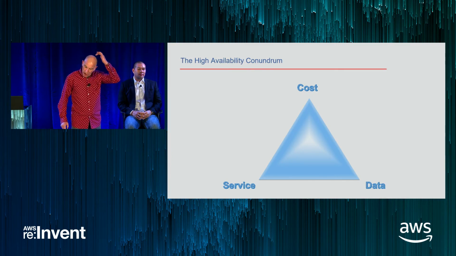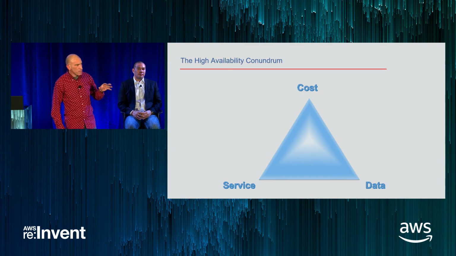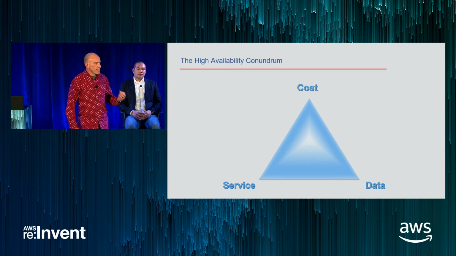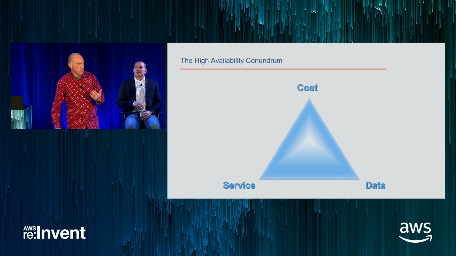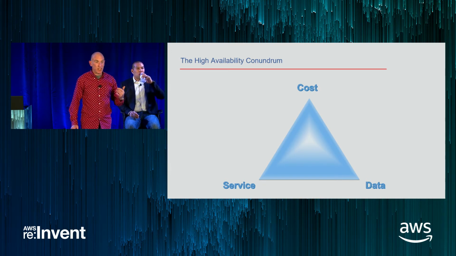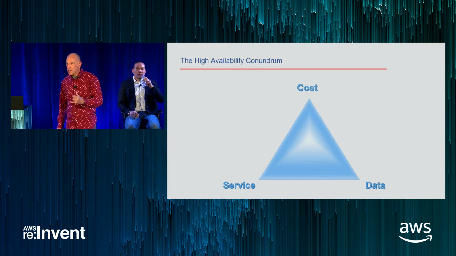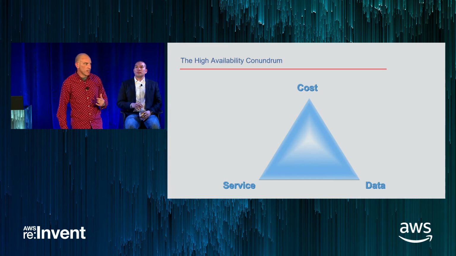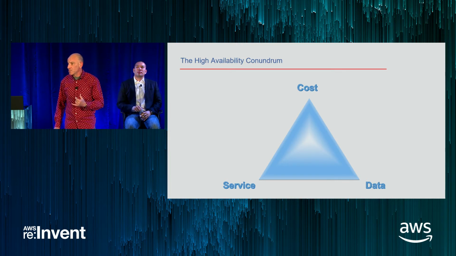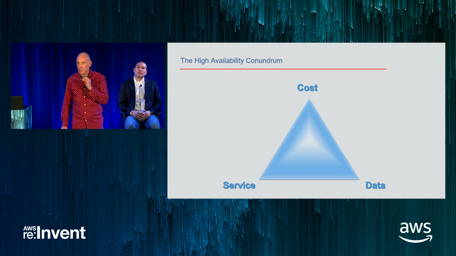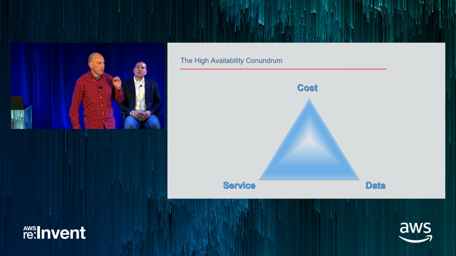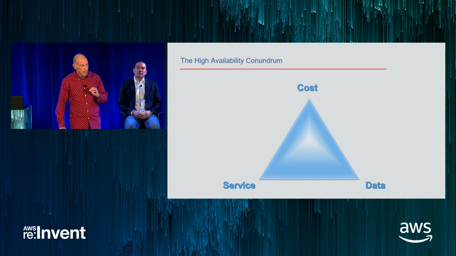Now I'm going to talk about high availability because if you have a service like MQ, you're going to value two things. You're going to value the availability of the service and the availability of the data. Now one thing we do not compromise on is the availability of the data. Those messages, we love every single one of them. We nurture them like they are our own children. We really need to care for them.